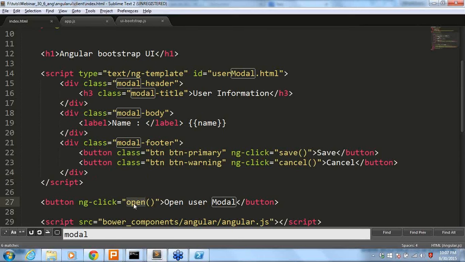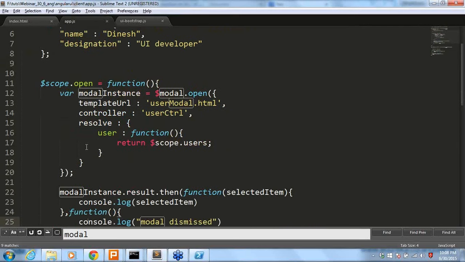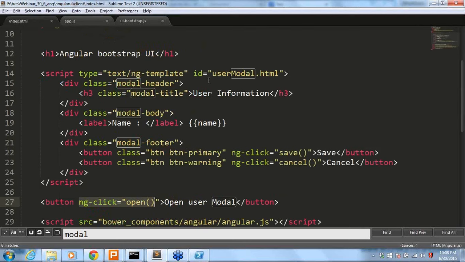The button will call our AngularJS open method. On click, it will call this open method. Let's go over here. In the controller, we have that $scope.open method. Once it is called, it will come inside it. Inside, we are creating an instance for our model. This $model service has been injected into the controller. Then $model.open, and whatever template we have or the script file you included.